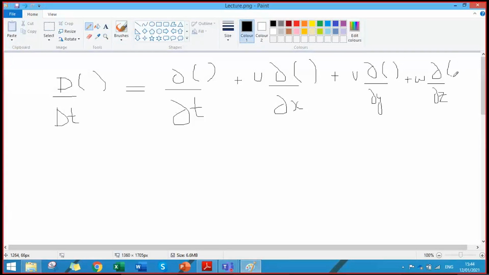It is like that. This is called the material derivative or the total derivative of any function, where u, v, and w are the velocity components along the x, y, and z direction of the velocity field or the velocity vector. The velocity vector V is equivalent to ui plus vj plus wk. So u, v, and w are the components of the velocity along x, y, and z direction. And then we solved some problems related to the